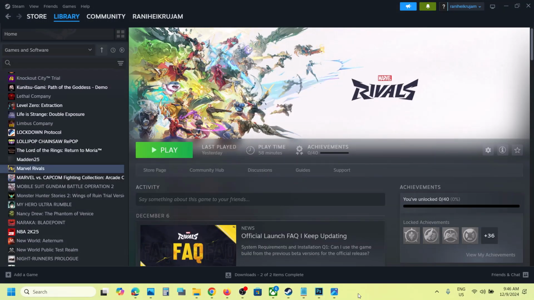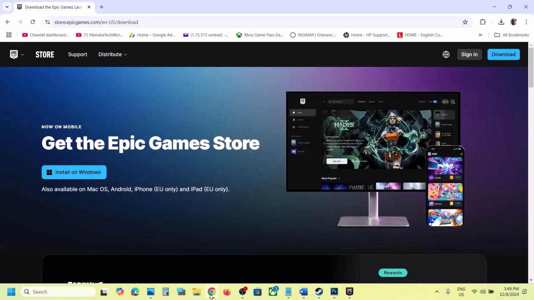So while playing or after launching Marvel Rivals on your Windows computer, if the computer is freezing, so the whole computer freezes, and if the computer is crashing while playing the game, then please follow the steps shown in this video. Now before trying any troubleshooting steps, if you have the game on Steam, in that case you can use